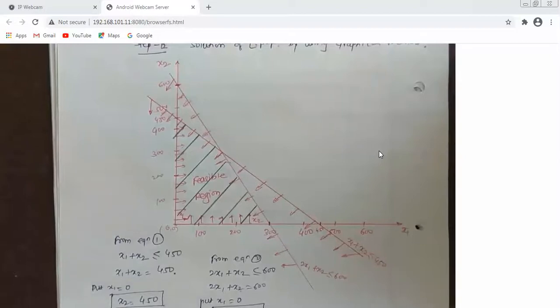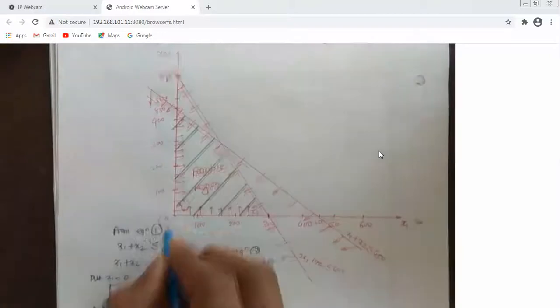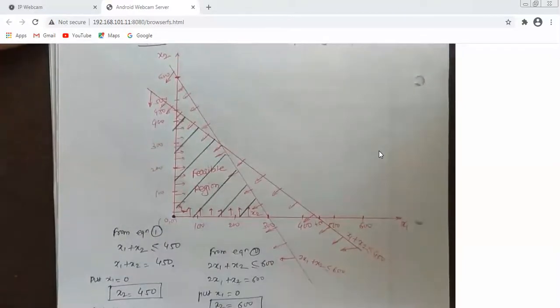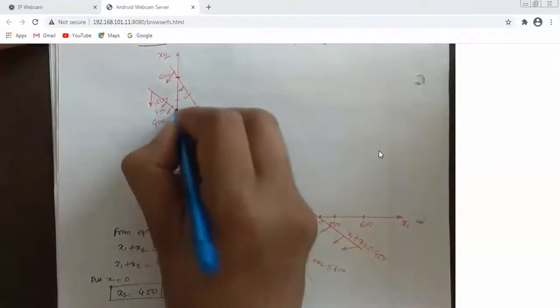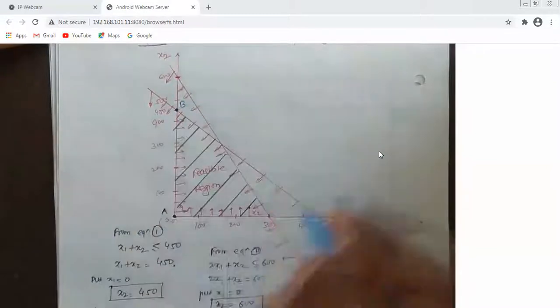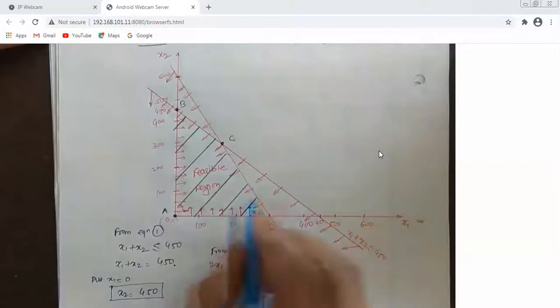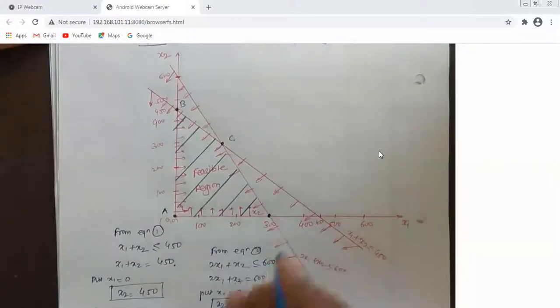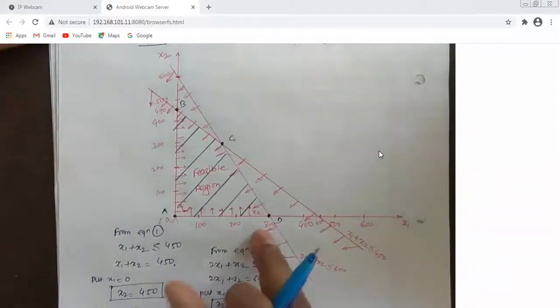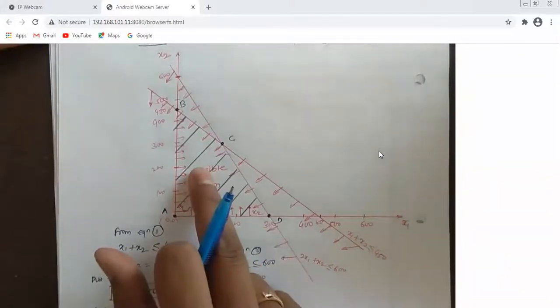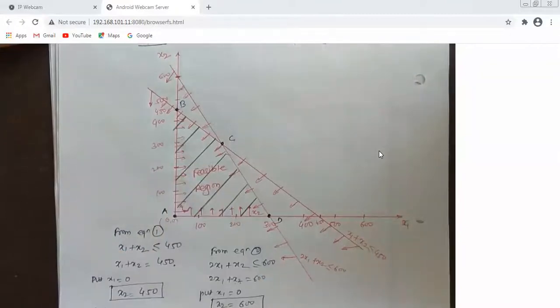Okay. Now the next point is we have to mark the corner points of the common area. So see, this one will be the first corner point of this common area. I will give the notation A. Next, this will be the next corner point, so I will give notation B. This will be our third corner point, so I will give notation C. After that, this will be our fourth corner point. I will give notation D. Anything else? Is any other corner point left? This is not of the common area. Okay. Now we have to find the coordinates at these corner points.